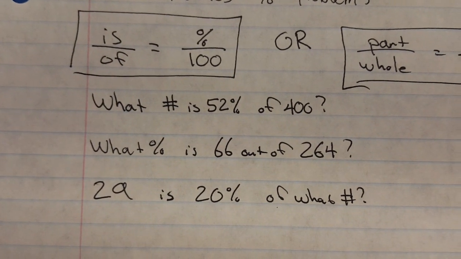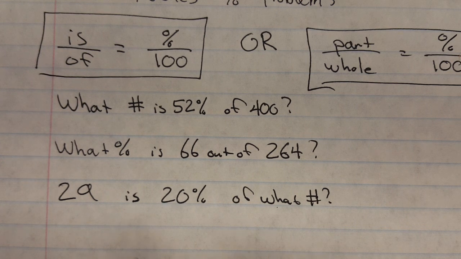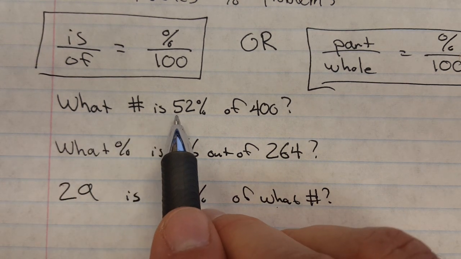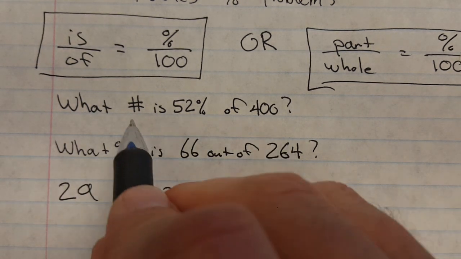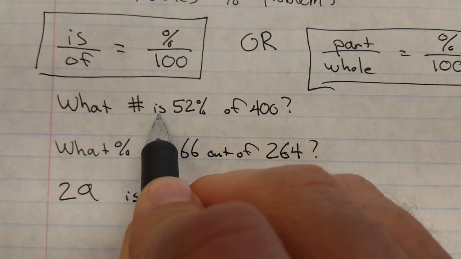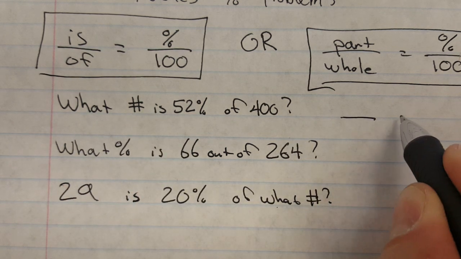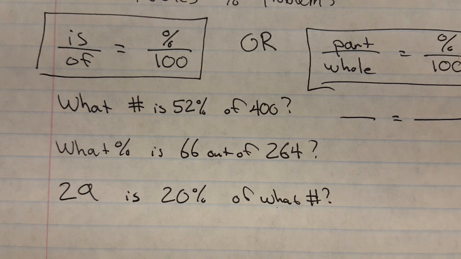Okay, so here we go. Here's some basic percent problems. Let's fire out these really quick. This one says, what number is 52% of 400? So right away it says, what number is? So we're missing the is. So if I'm gonna set up myself a blank proportion,